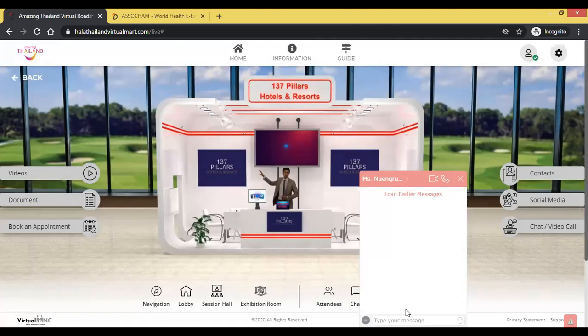From here there's an option to upload a document. If you click on that, it will open up, and you can upload simply how you do it on WhatsApp or any other chat. So this is how you can share your documents with any particular visitor or exhibitor, for the visitors, of course.